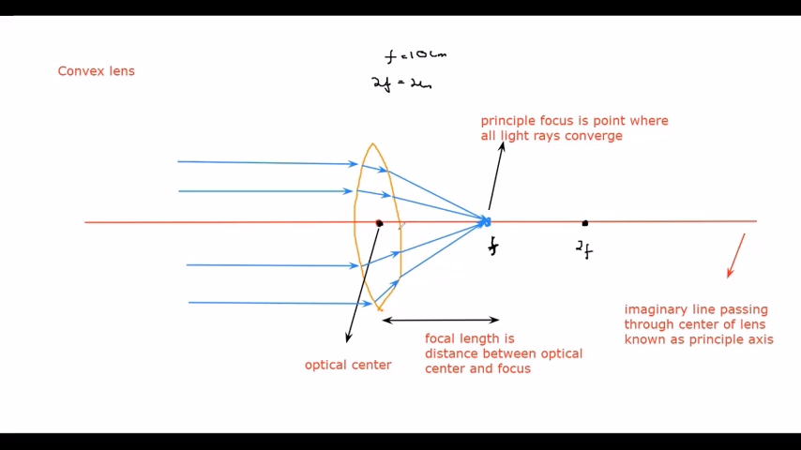And the same thing, because in this case I drew light coming from the left and moving towards the right, but it can happen the other way around. So you may have a focus on the left hand side and 2f also on the left hand side. Why? Because in this example all the light rays are moving from left to right, but what will happen if it was the other way around? So the imaginary line which is perpendicular,